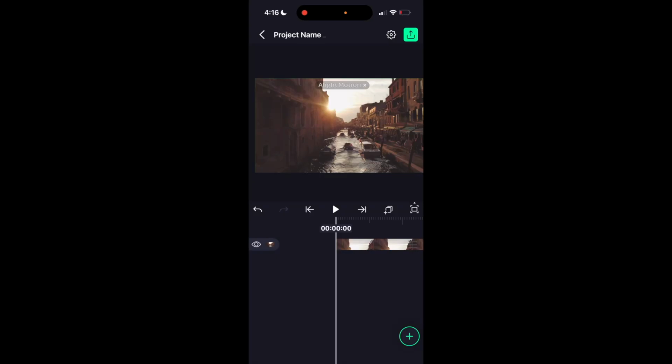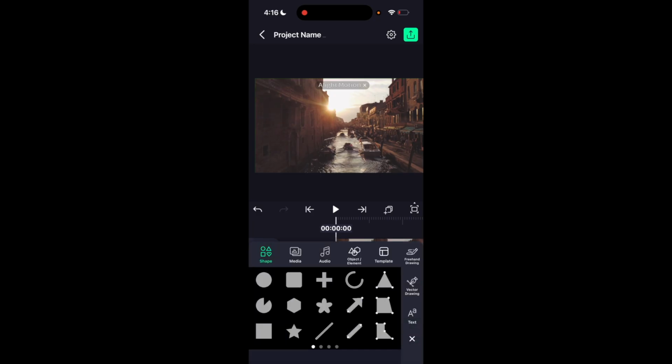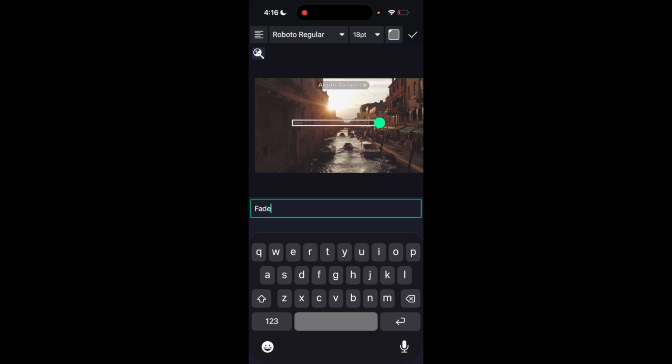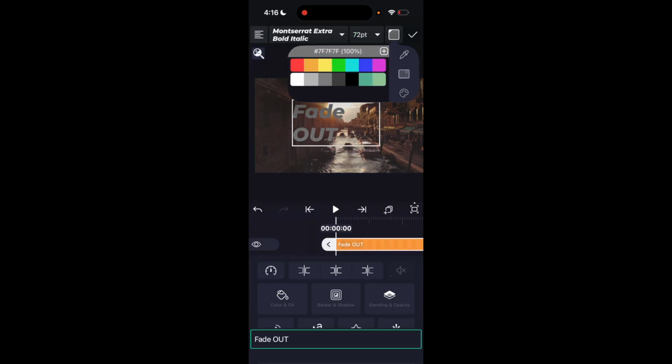So in this Alight Motion tutorial, I will be showing you how to fade out text here in Alight Motion. So first and foremost, add some text. Press the plus icon in the bottom right, then press text, and I will type in fade out, just like that. I'll change the font, I'll change the size of the font, and I'll make it pink, just so you